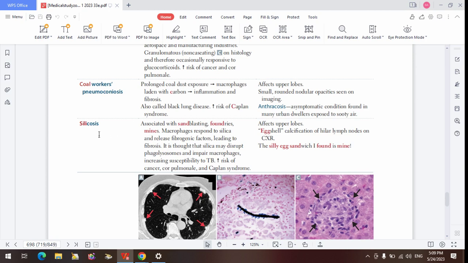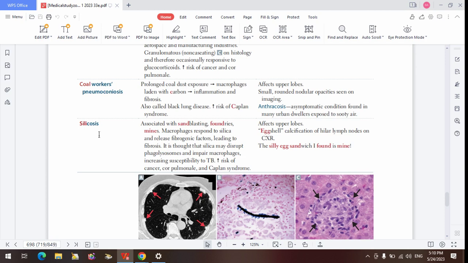This silica one has some extras that we need to pay attention to. Just like we've said for the other ones, once you inhale the silica dust, the macrophages, the alveolar macrophages, respond to them. They try to engulf the silica, and a chronic inflammatory process starts occurring. So you recruit fibroblasts into that area. Fibroblasts lay down collagen so that we can cause fibrosis. So fibrosis also happens with silicosis, just like it happens with coal worker's pneumoconiosis, berylliosis and asbestosis. Fibrosis happens with almost all of them.